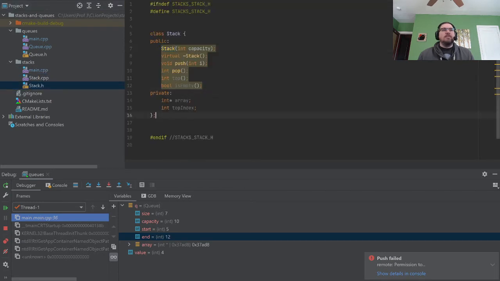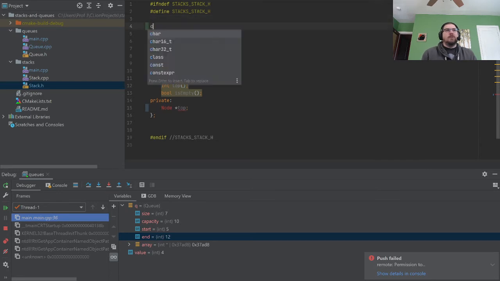So this time, we have an array, but we're not going to use an array. We're going to use a linked list. Top. And then I think that's all we need.